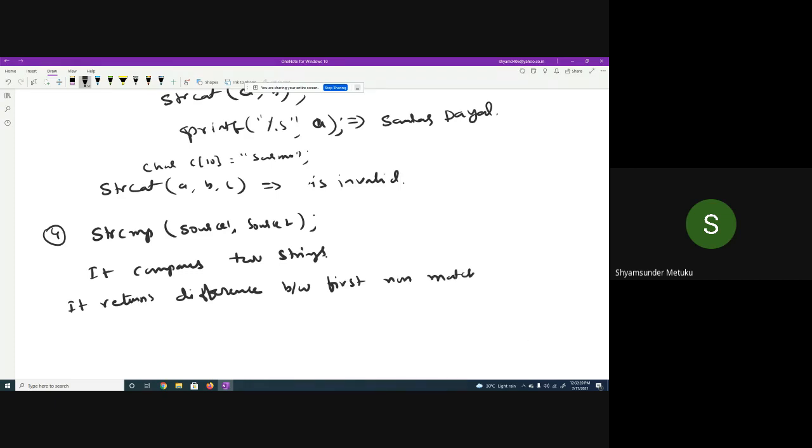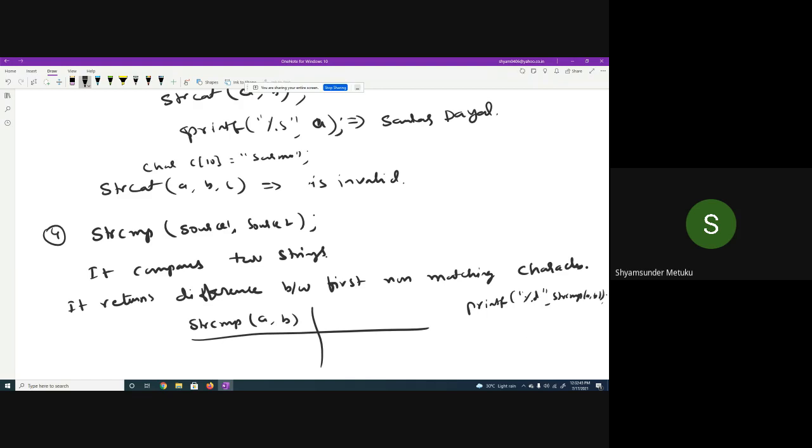What does it mean? I'll say in just a minute. Suppose I'm using the syntax strcmp(a, b), and I'm trying to printf the return value, something like printf %d of strcmp(a, b).